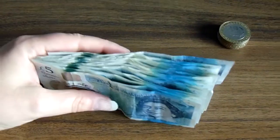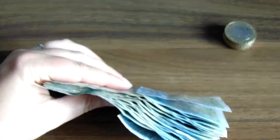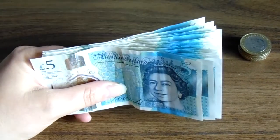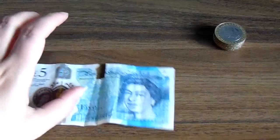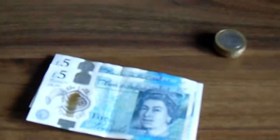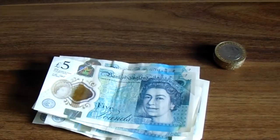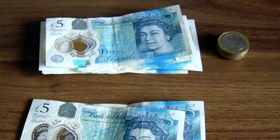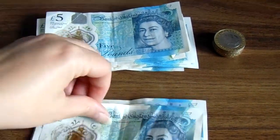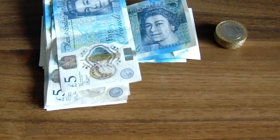So as you can see, I've got quite a few £5 notes. I haven't counted this yet, so I don't know how much is in there. Maybe like £100? We'll see. So this is the £5. Oh, and the first one's got a big hole in. That's helpful. So 5, 10, 15, 20, 25, 30, 35, 40, 45, 50. I'll put them in piles. So that's one pile of 50. 5, 10, 15, 20, 25, 30, 35, 40, 45, 50. Oh, so I've got 2 piles of 50 now. Just lay that on the top. So that's 100, and then 5,